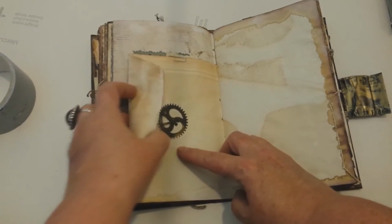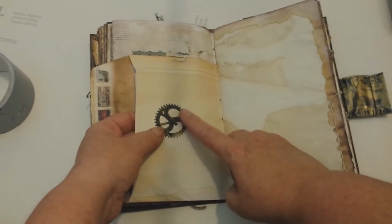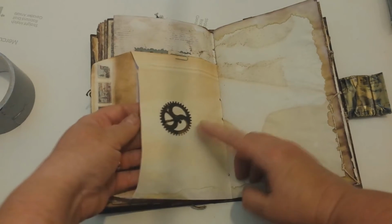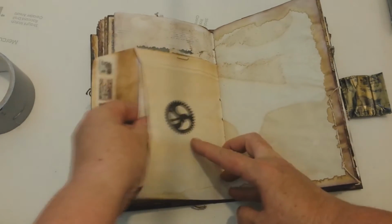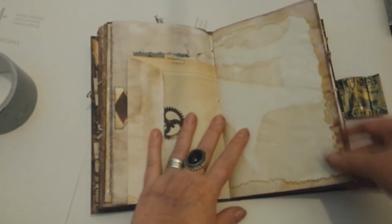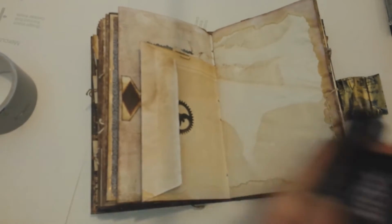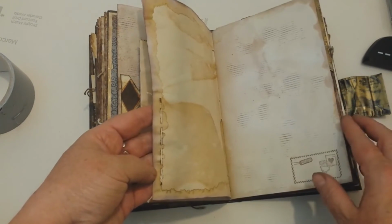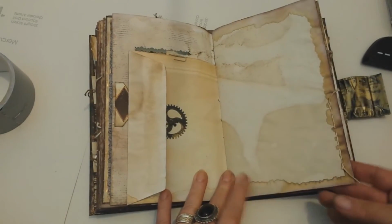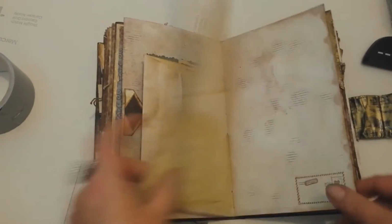Here I have some gears. I have the die cut, and I aged it a bit, cutting down with a black cardstock, and I just add some gold acrylic, some paper, and yeah, I have a punch. I don't know where it is now. Yeah, it's a cut punch. I love this punch, and I just make some holes here, and I sew with some thread, and I make knots just like that. Okay,